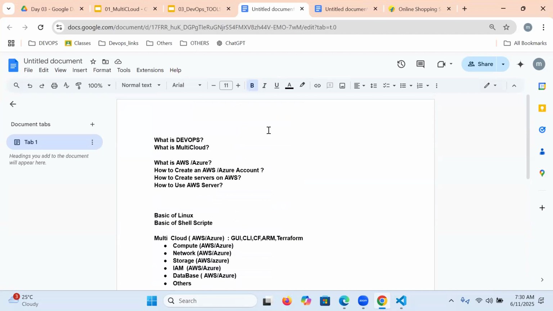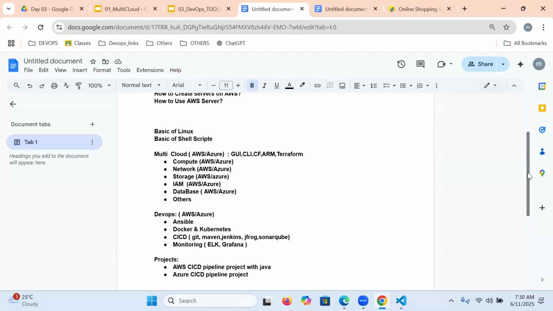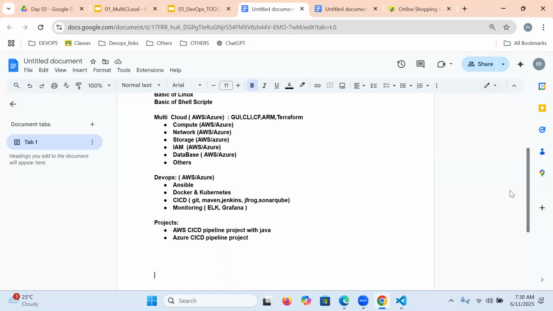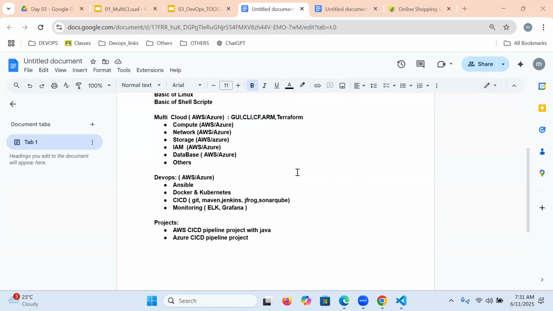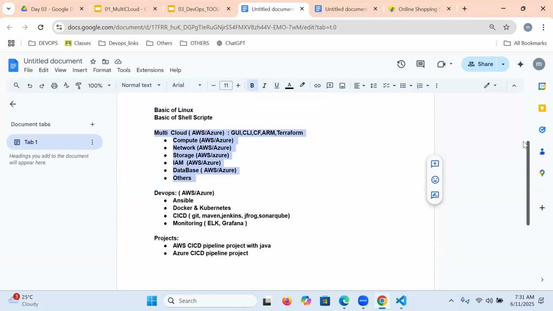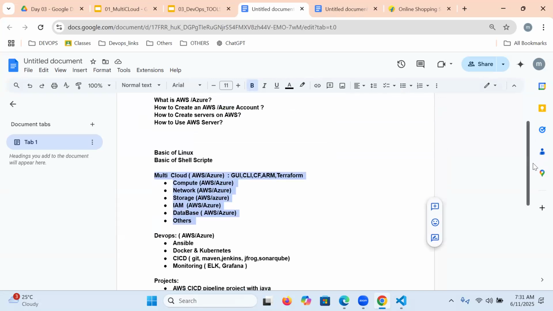So totally we covered. By the end you will get experience with DevOps with multi-cloud and AWS administration. I'm confident in AWS because we are covering more than 45 services in AWS and 40 plus services in Azure. So we are going to be covering Azure administration, and AWS administration is also covered. Okay. Got it. Very clear.